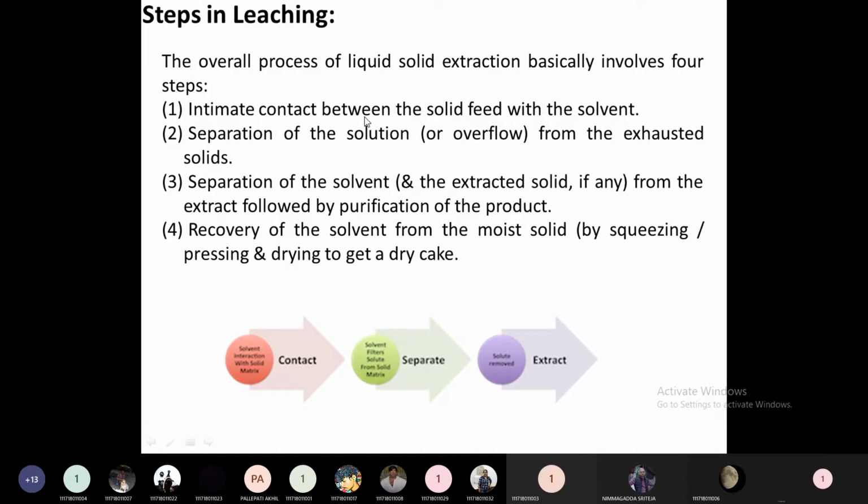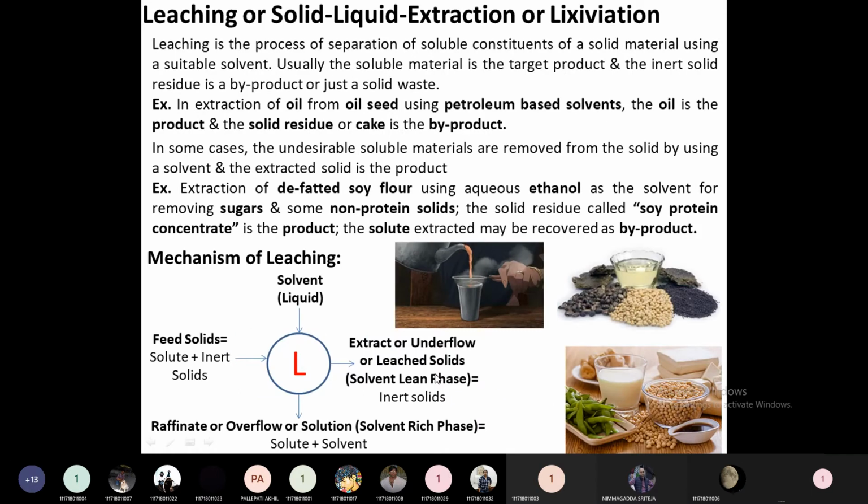So the first operation is to provide an intimate contact between the solid and solvent phase. The second operation is to separate out the solution. Then the solution needs to be subjected to further purification to separate out the solvent. Then recovery of the solvent from the moist solid by squeezing, pressing or drying to get a dry cake. So whatever solvent is going inside, we also need to squeeze out to recover it. Whatever solvent comes out here, we need to purify this solute and separate out the solvent.